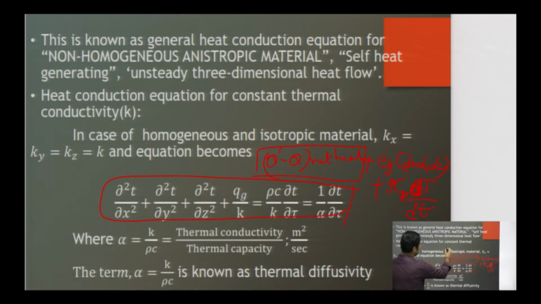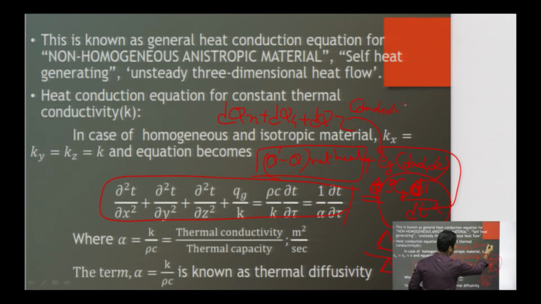So you need to add them up. You can write dqx plus dqy plus dqz plus this, and this will be equal to the right hand side, which is the rate of change of internal energy. This is delta U, not the overall heat transfer coefficient, and since it is a rate, it is per unit time. So this is all about the system. First of all, dx dy dz goes off. From here as well, you can take this common, and it goes off.